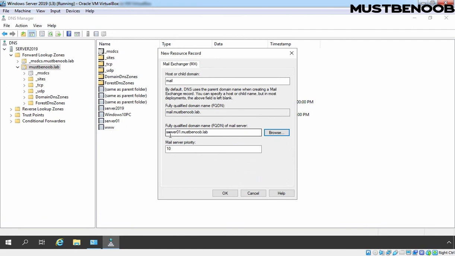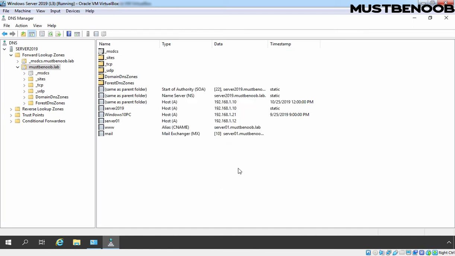So the FQDN will be server01.mustbenoob.lab, and the mail server's default priority will be 10. If you want to change the priority, you can. We are not going to do that. We are going to use the default priority, which is 10. Let's click on OK. Perfect. We now have an MX record as well, which is telling us that mail.mustbenoob.lab is providing a mail service for mustbenoob.lab.